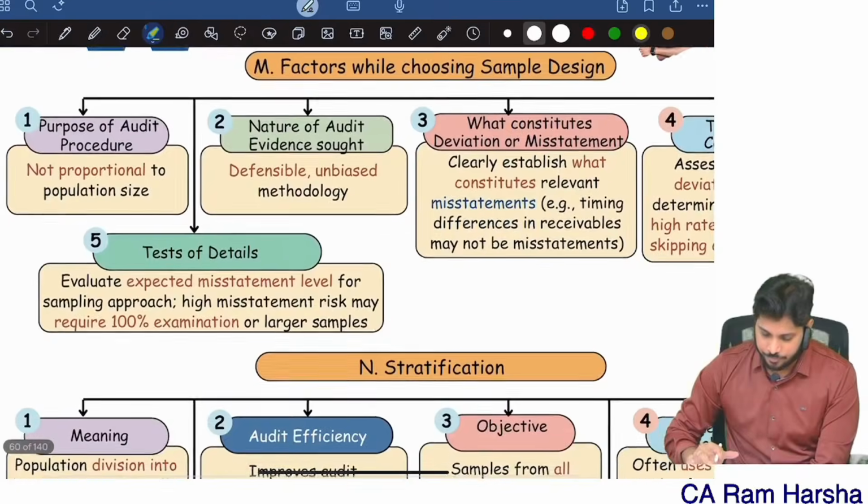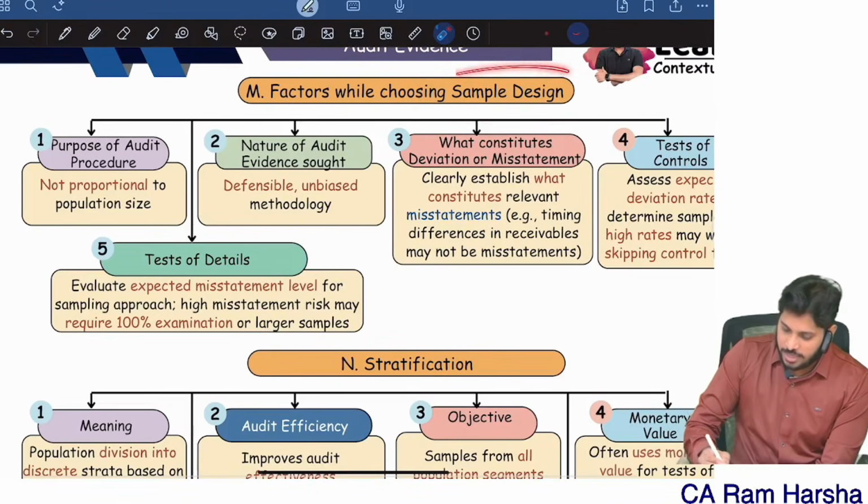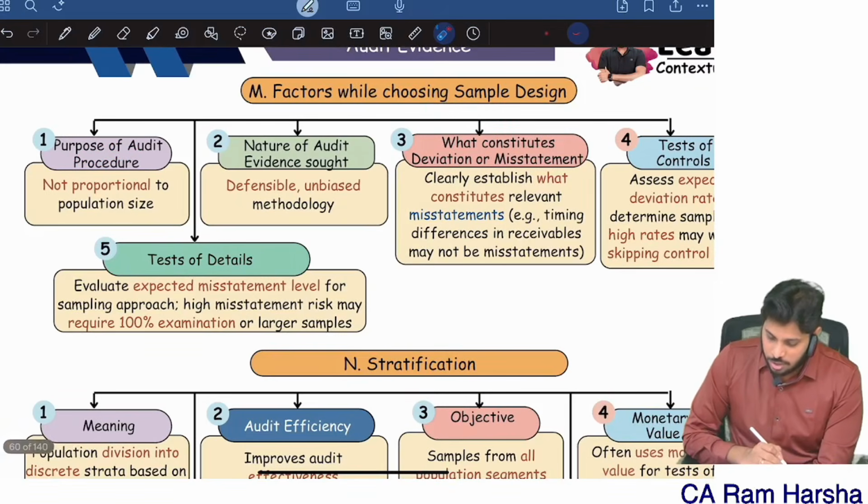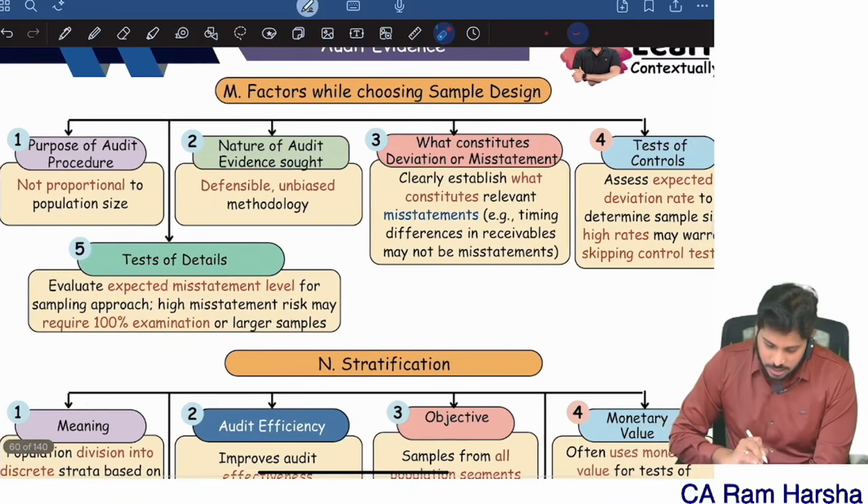Next, factors while choosing sample design. Purpose of audit. Yes or no? Purpose of audit. I think here